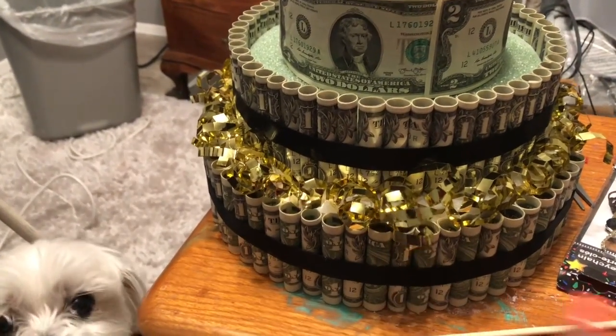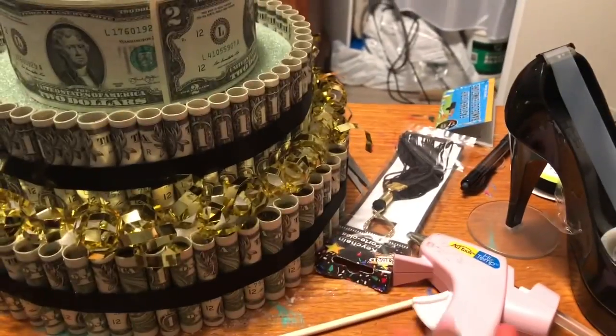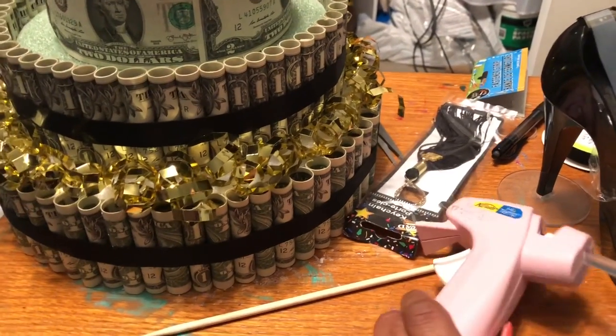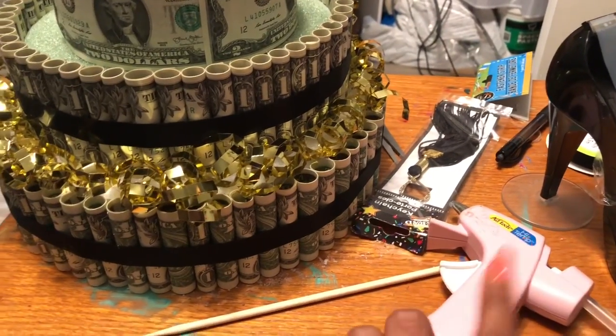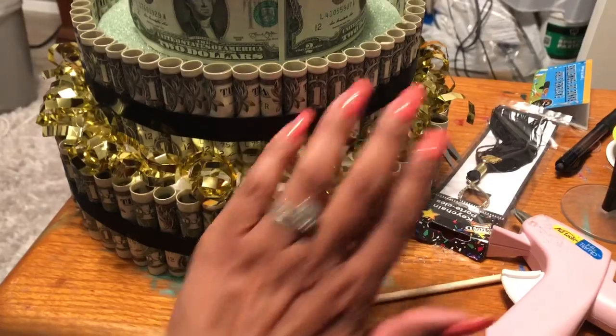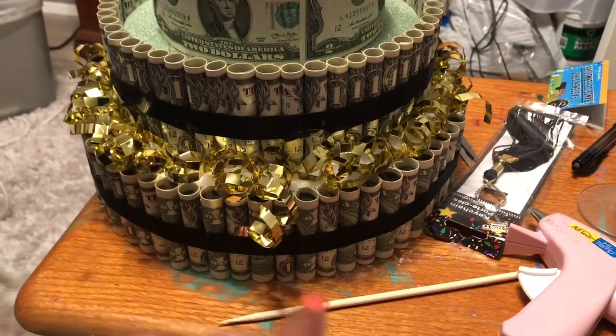Glue gunning these. And I just have my glue gun and my glue sticks. The glue gun is actually from the 99-cent only store. I got it like a year ago. Glue sticks you can get at the Dollar Tree. And then I'm just gluing. I'm just placing hot glue, and then I'm just stuffing it down because trying to use my finger, I burnt